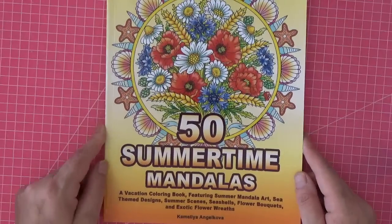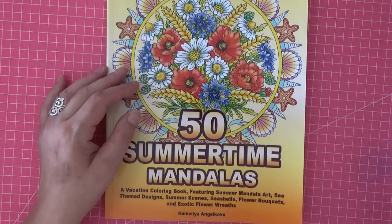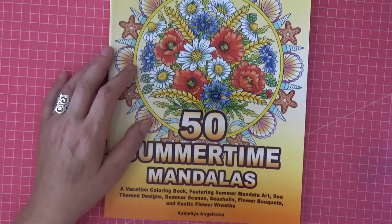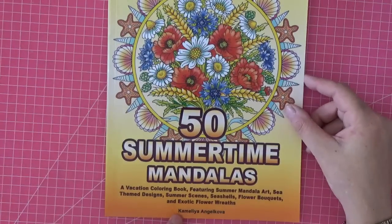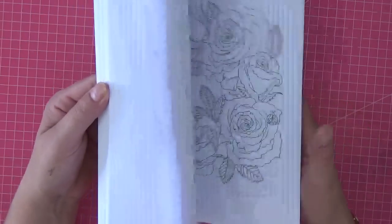And then I think I've done enough serious colouring, so I did the wonderful 50 Summertime Mandalas, because who knows how much time we've got left. Not a lot, I wouldn't think, of summer. And there's only a week left of school holidays. I know all you parents out there will be going, yeah, school holidays are over, but I'm not. So this is 50 Summertime Mandalas by Camilla Angelicova. Did that a while ago,